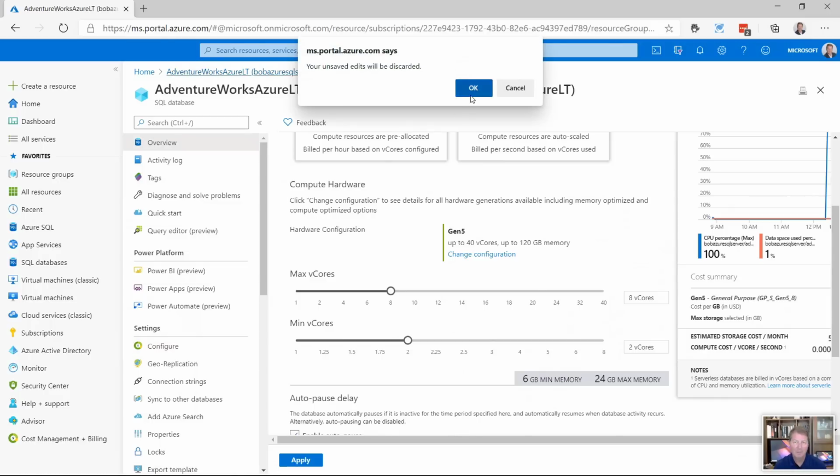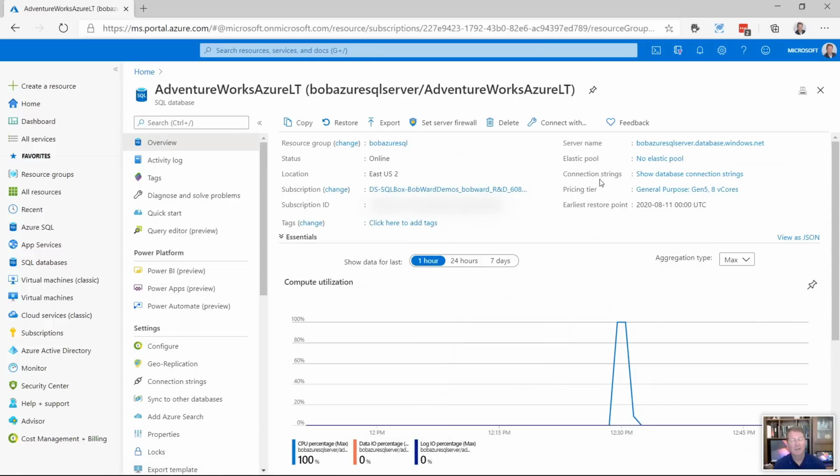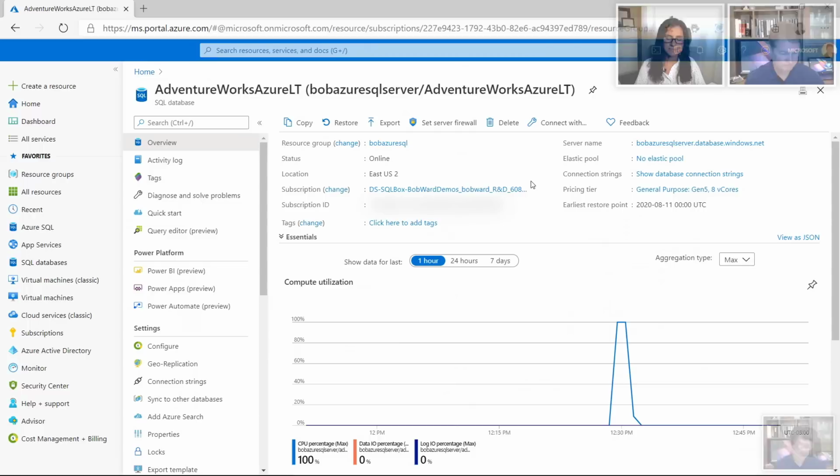So that's pretty cool. It's a pretty cool option for you to consider using Azure SQL Database. But this is a good way to show that the tools you're used to using and know and love, plus the Azure portal, can be used to monitor and to scale your workload.